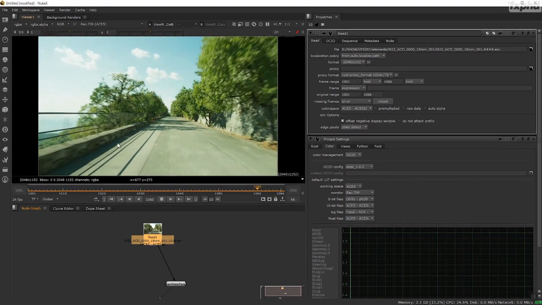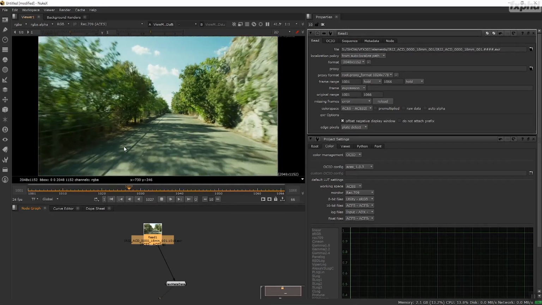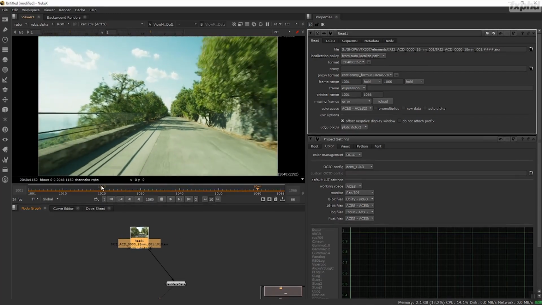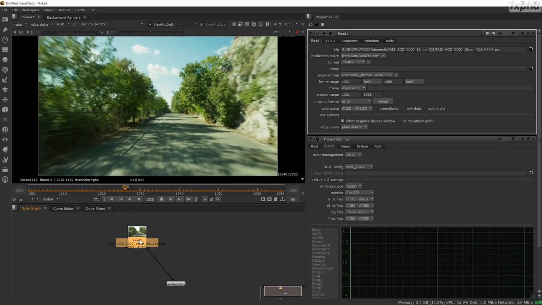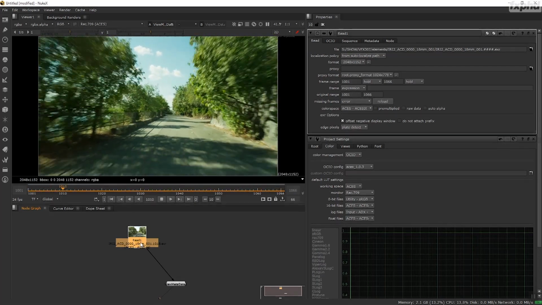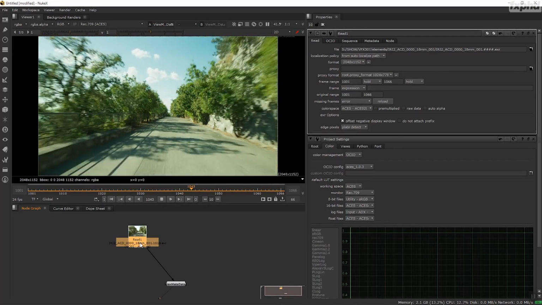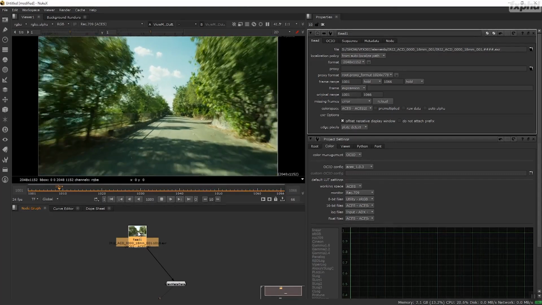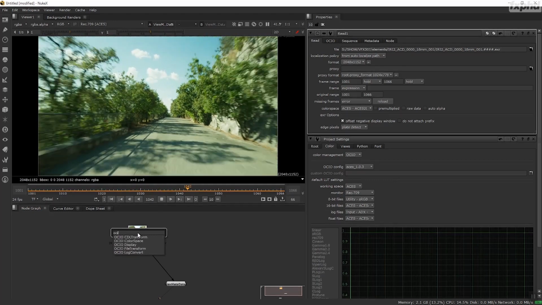Now, this file is imported. It has the appropriate color space, and of course it doesn't look exactly like what we want. It might be due to plenty of different reasons. In my case, I suspect that my color pipeline is not entirely accurate, but for theoretical purposes, that's what we should have. Now, what I'm going to do is first neutralize the plate, like I said, and for that I'm going to use an OCIO